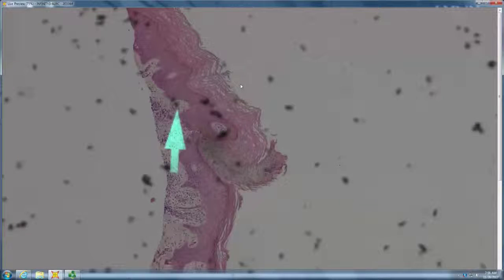Looks like a poro. Yes, exactly. And center of poro can look like anything. In this case, center of poro looks like ILVEN. So always look for your cornoid lamella on the side, because center of poro can look like anything at all. So if you don't get the side of the biopsy,